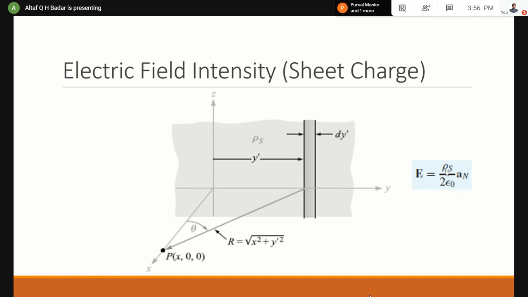Now here, if you are considering the YZ plane, then AN will stand for AX because AX is perpendicular to AY as well as AZ. If we assume that the sheet is present on the XZ plane, then AN will stand for AY. And if we assume the XY plane, then AZ will stand for AN. Again, the density will also play a very important part here.